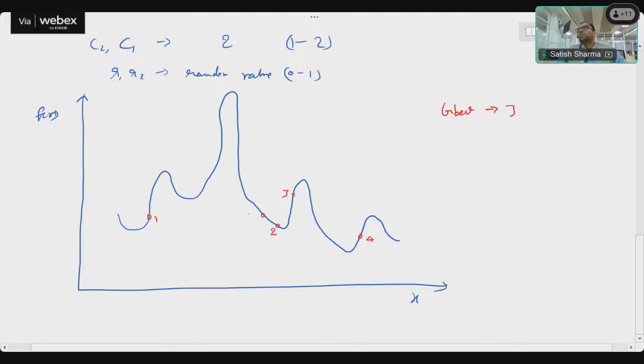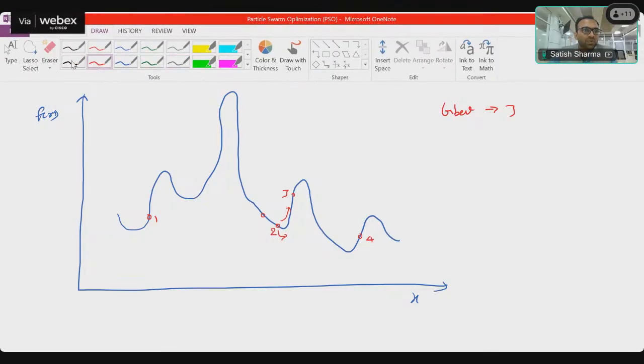Okay, so let's say this is the second particle. If this is the second particle, and let's say the inertia, the initial velocity, was also in this direction, and as g best is also in this direction, this particle will start moving towards the 3. If this particle starts moving towards the 3 with some initial velocity, okay, let's keep it like this,